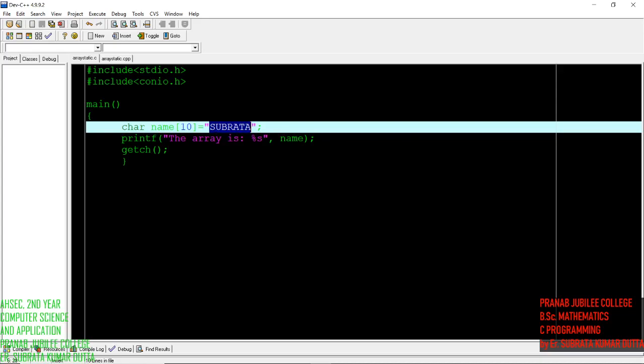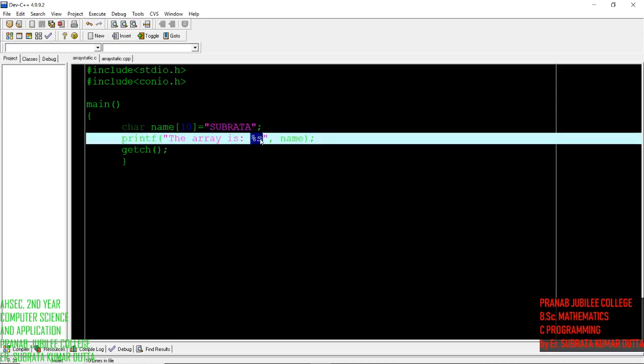So this %s stands for string. When I use %s, I am telling the compiler that this name variable has a string, that is, it contains multiple characters, not a single character.